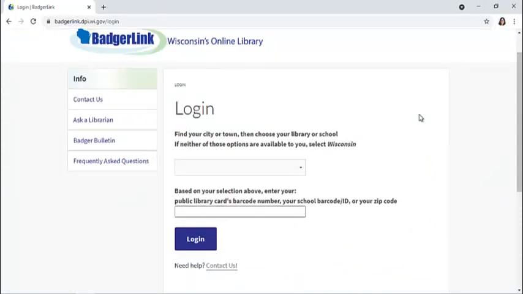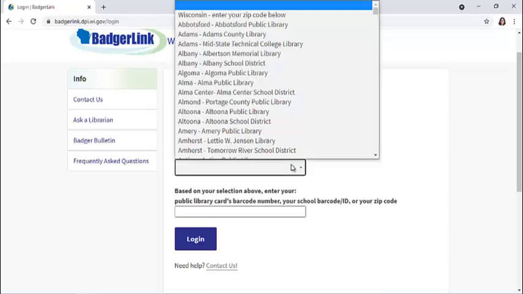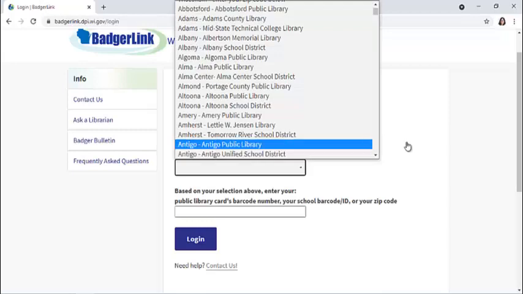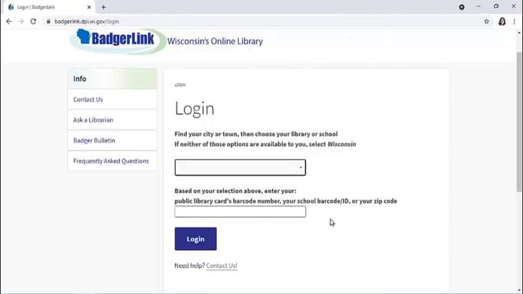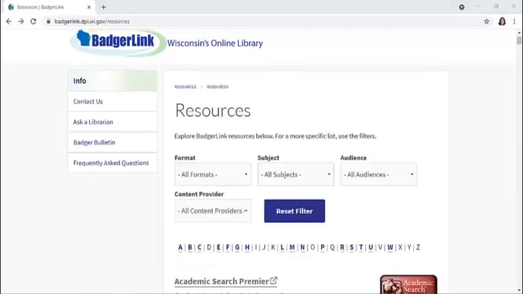From here, you'll need to find your city in the drop-down menu and either choose your public library or the K-12 school you're affiliated with. In the box below, you'll put your public library barcode number, your school ID barcode, or your zip code. It can be finicky, unfortunately, so there is a Contact Us form that you can use. After putting in this information, you'll be taken to the Resources page where you'll see the full list of databases available. You can also filter here for subject,